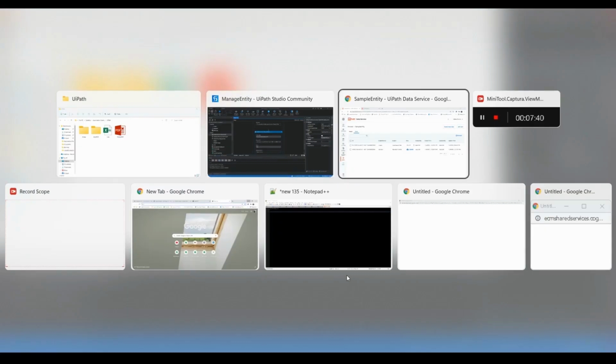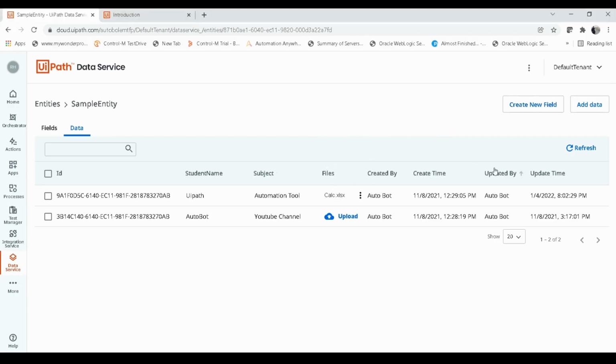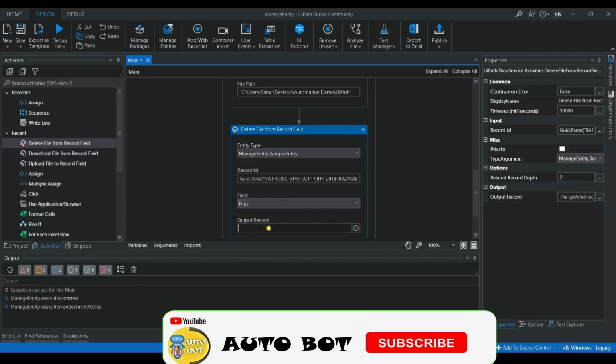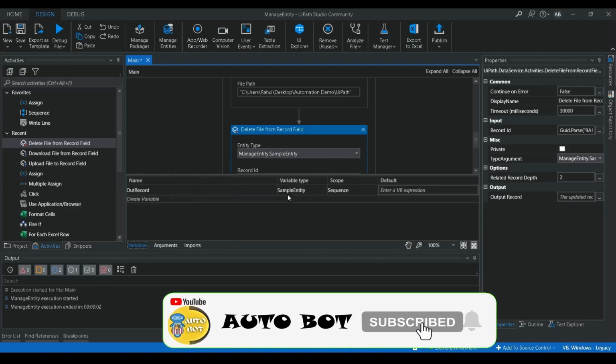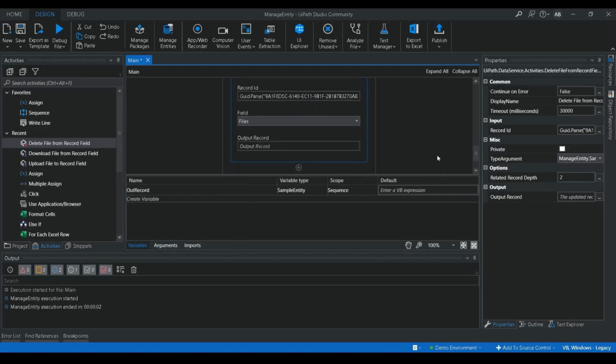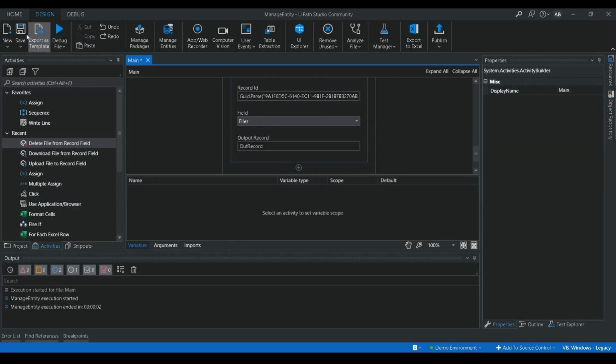If you have multiple file fields in this data entity, you have to provide the needed field, otherwise it will delete some other files. So you have to properly give from which field you need to delete that particular file. We selected file, and we already have a variable with a sample entity, the output record. So I'm going to give it here.